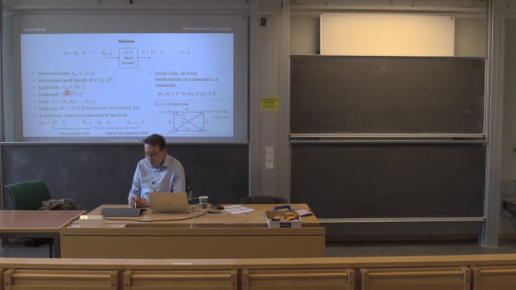And then we have the coded bits and the code word. The code word is the output vector. So we have an input vector and an output vector. And since we have k input bits, we have 2 to the power of k possible input patterns, which means that we have 2 to the power of k possible outputs. And if we put all the possible outputs into a set, we call that the code, or sometimes